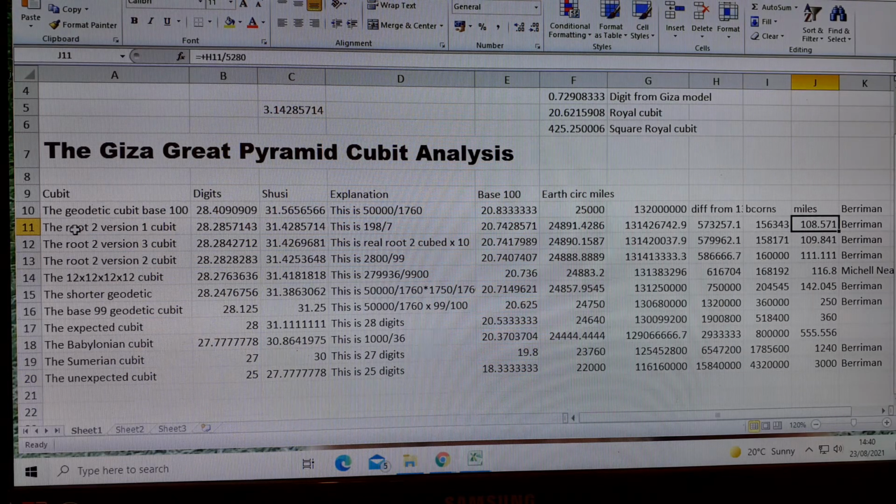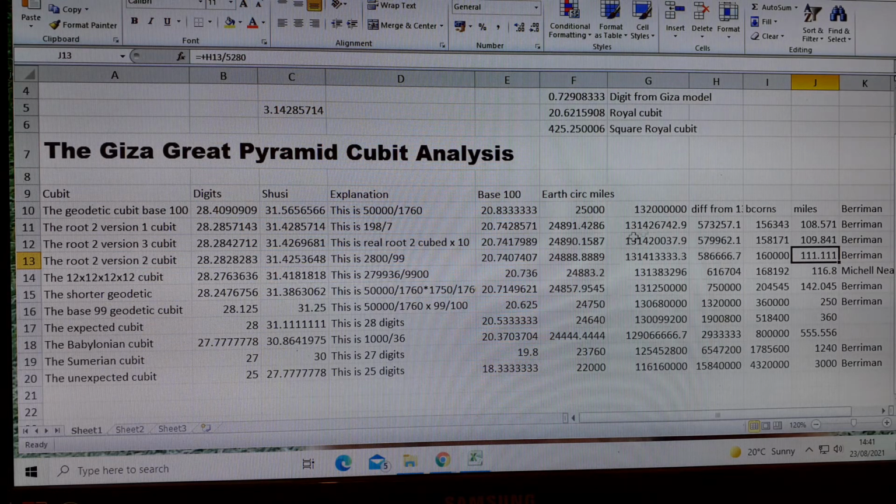And this first root 2 version 1 cubit is creating, from this difference, 108.571 miles. That's the actual root 2, and that's root 2 as 140/99. And this is the one that I'm saying is absolutely deliberate, that it gives 111.111 miles difference from 25,000 miles,